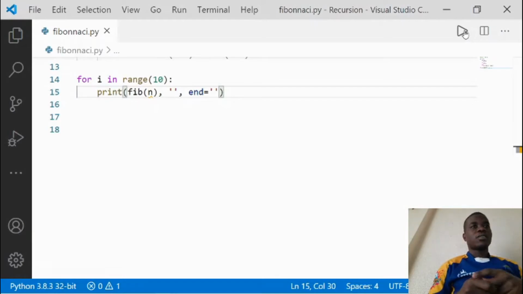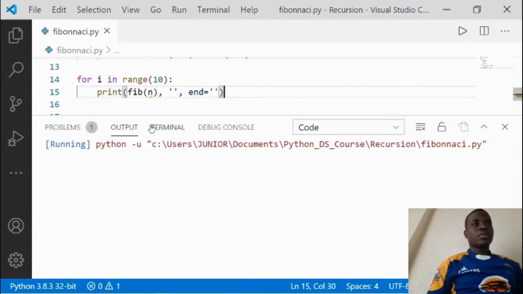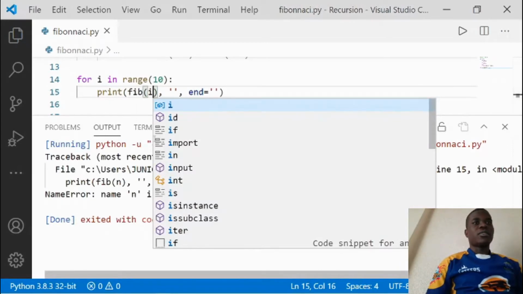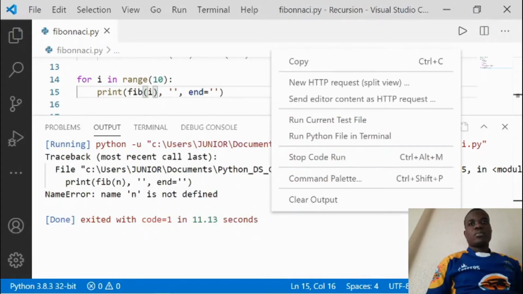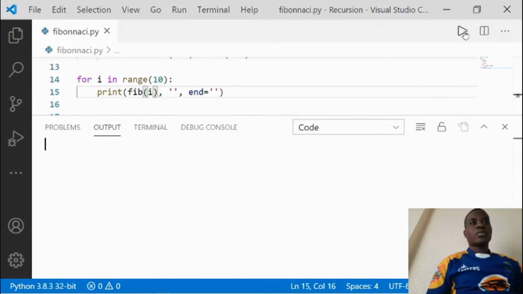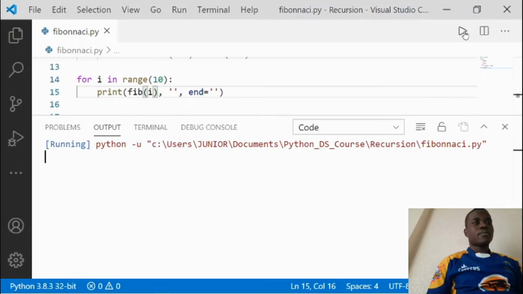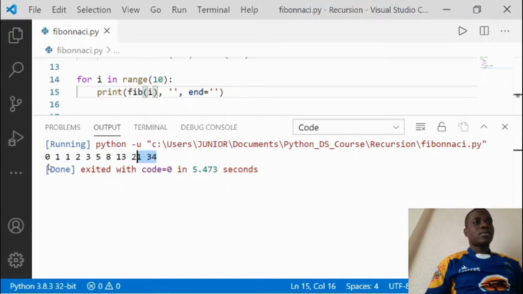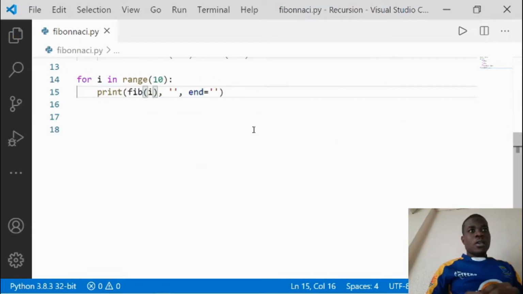Let's start this thing out. I meant print i. That was my mistake. So let's say i, because we're bound to get an error there. Let's clear out this output and rerun this code. And then we actually get our sequence 0, 1, 1, 2, 3. This is our Fibonacci sequence. Okay, so now that we're done with our Fibonacci sequence,